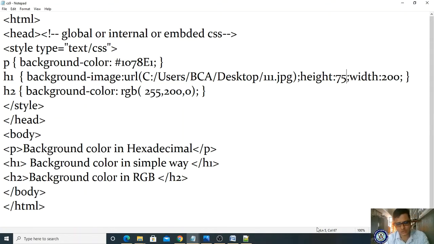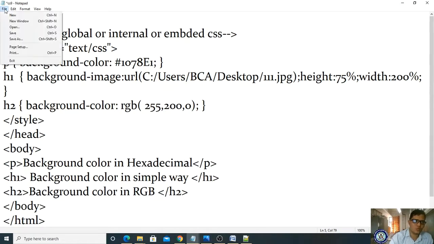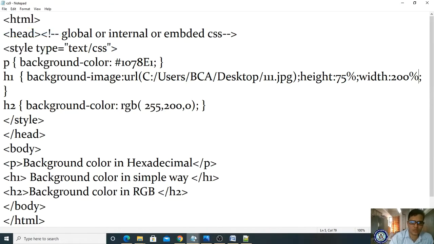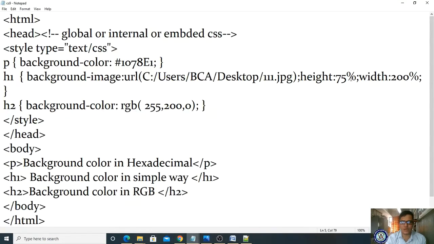Suppose you can also give in the form of a percentage. If I give a percentage, then we have to see the height and width of your paragraph. If you give in pixels, it will show in a shorter form. If you take a percentage, then it is displayed according to the percentage. Now we are learning here.